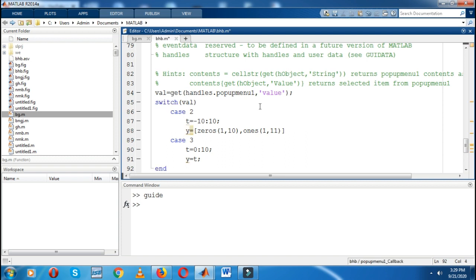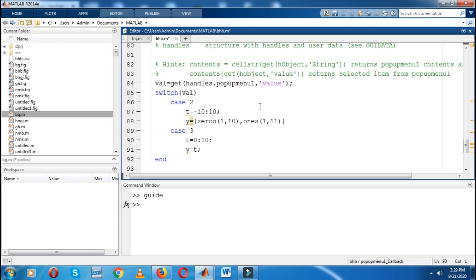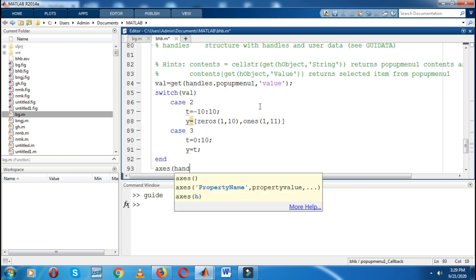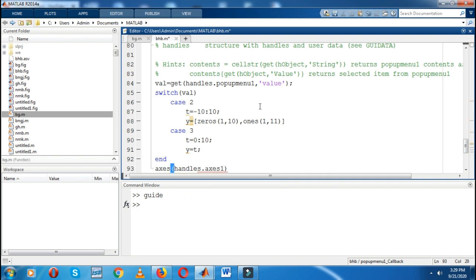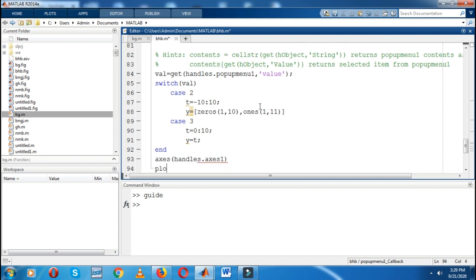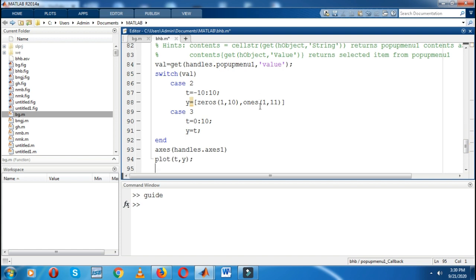Then I have to display this signal on an axis, so I have to write axes(handles.axes1), and simply write plot(t,y). Then you can also write grid on for dotted horizontal and vertical lines on the graph.